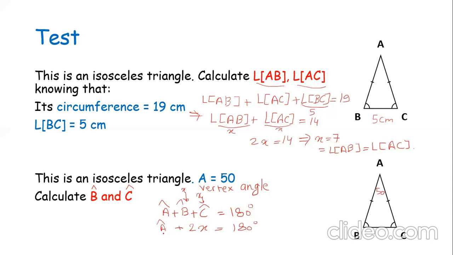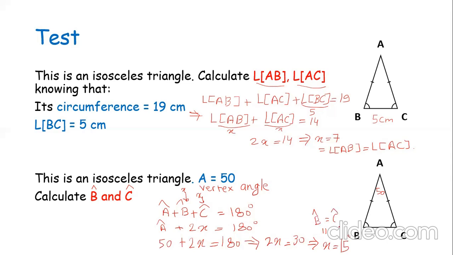Now I substitute A by 50, so I get 50 plus 2x is equal to 180 degrees. From this, I get 2x is equal to 180, then I move 50 to the other side, so I get minus 50, and 180 minus 50 equals 30. From this, I get x is equal to 15 degrees, which is the size of B, at the same time